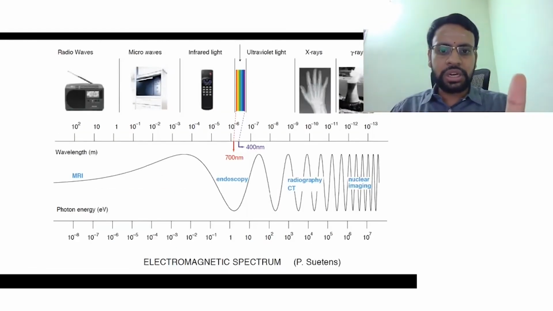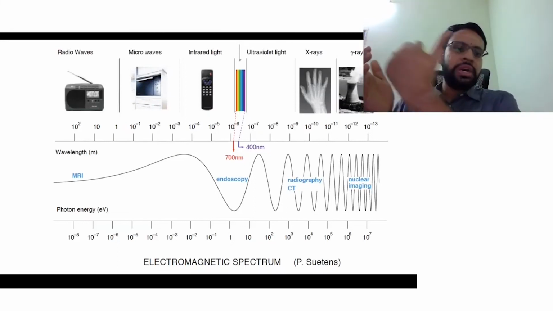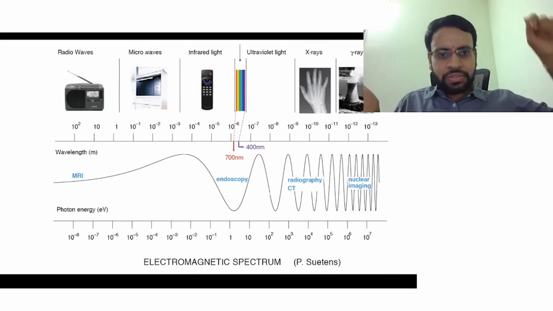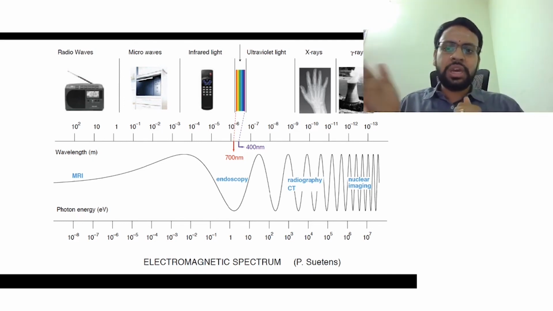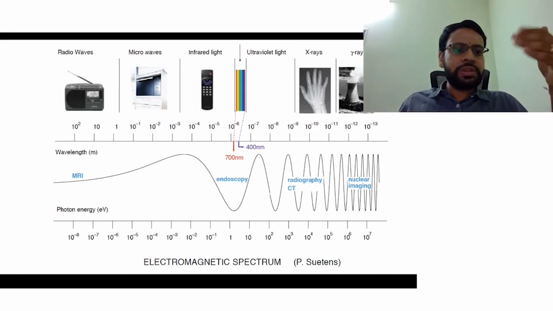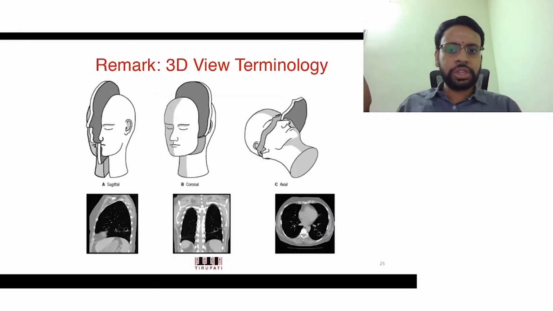So this is what we are looking at now. The energy is increasing as you are moving from left to right. Energy E equals h nu, you all know that. So energy is increasing means the frequency is high, that's why energy is increasing. So MRI on one extreme, endoscopy, and then radiography, CT, and then comes nuclear imaging. Okay. So with that, let's take a pause from these imaging modalities,